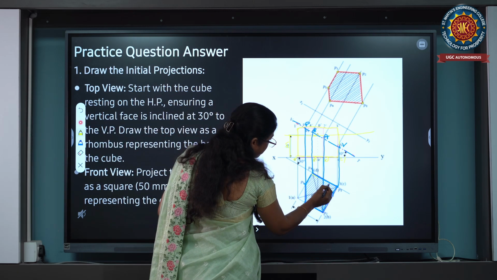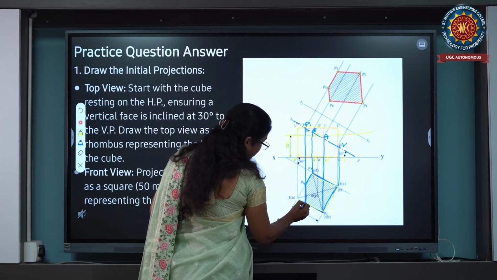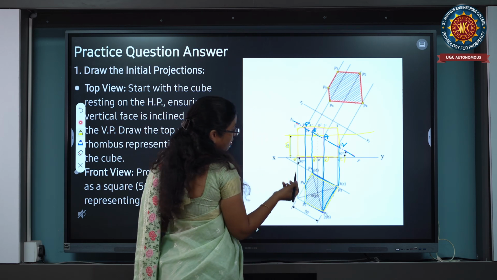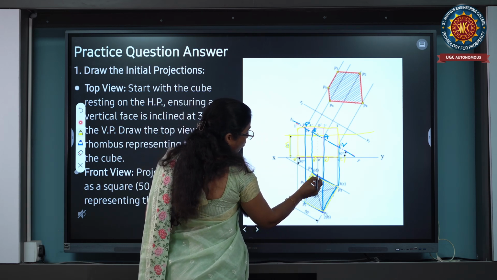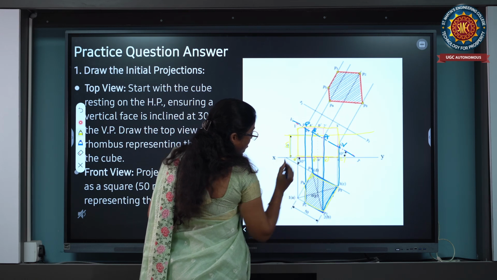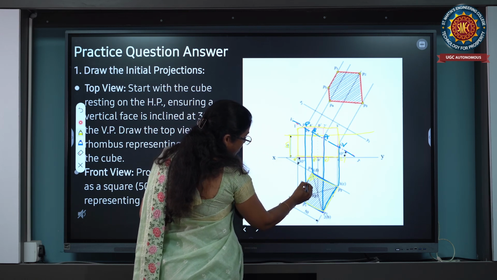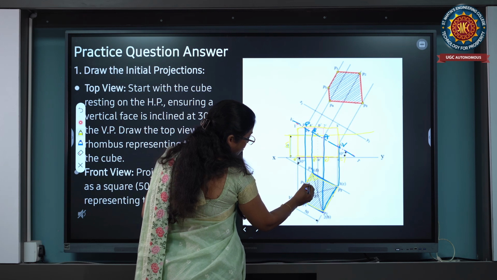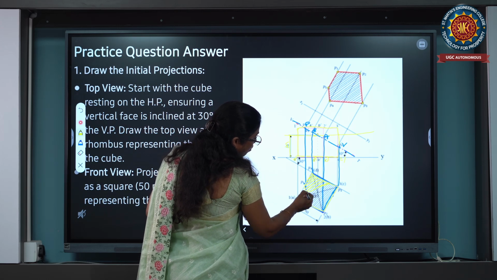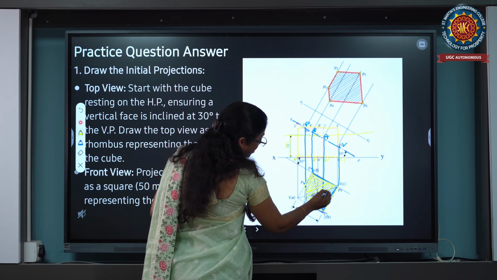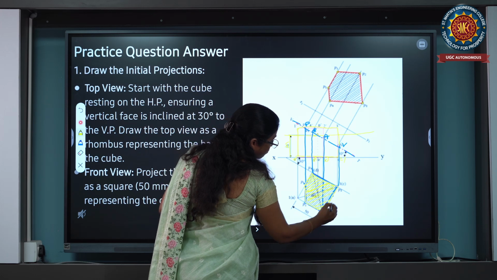You will get a cut surface. This one is called a cut surface. The cut surface is represented by hatching lines. Those hatching lines you must draw at 45 degrees to the reference XY line. Set the drafter to 45 degrees and draw lines parallel to each other, maintaining a gap of only 2 or 3 mm in between. So this is called a cut surface in the square prism.